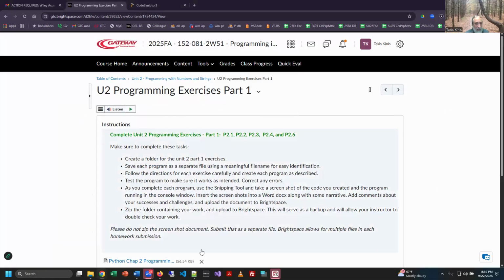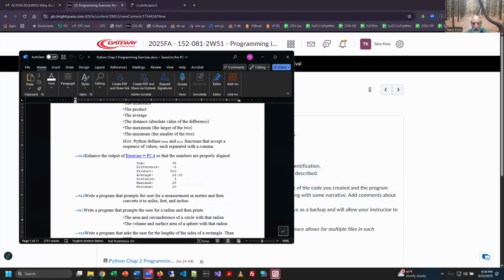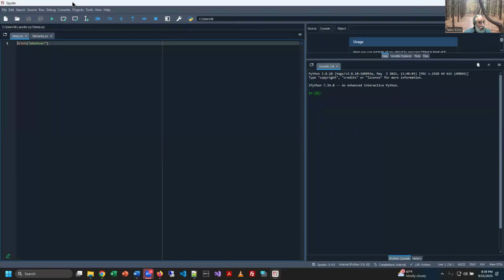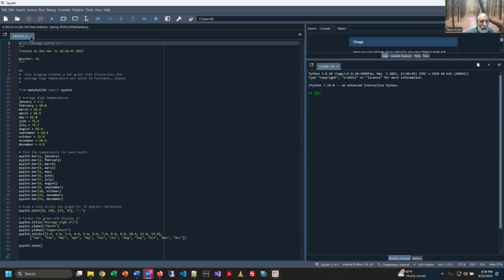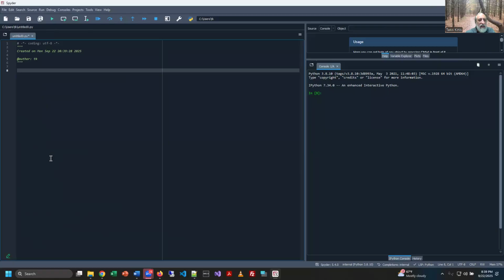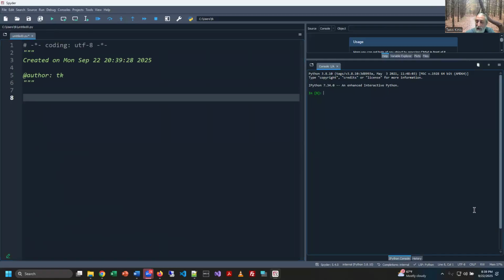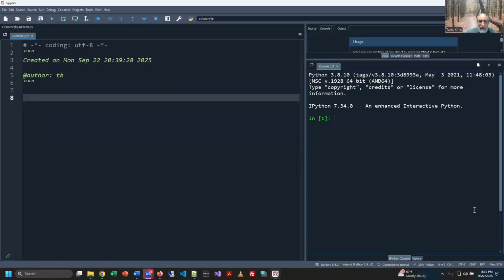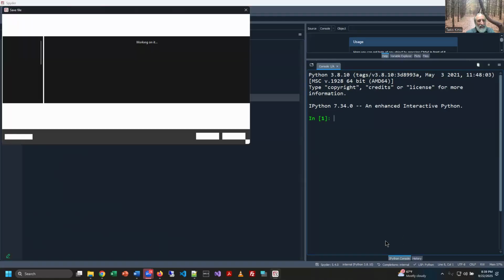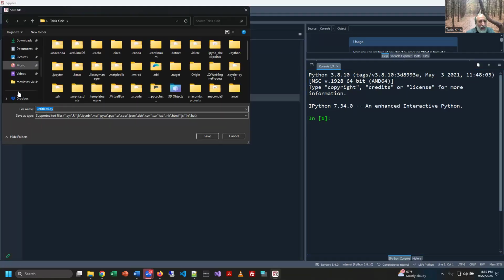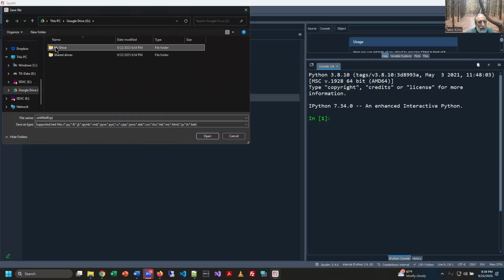All right, so let's bring up that first description. I've got Spyder all set to go, and maybe I should do a little maintenance here. I'm going to blow away some of the stuff that's sitting inside there. I have a new file already created. What's my first step? You guys remember what I said the first step should be when you start a new file? File, save as. Yeah, save as, first task. Thank you, sir. All right, so I'm going to do a save as,